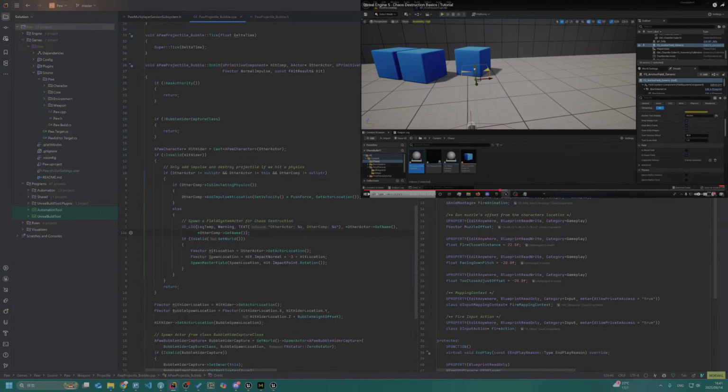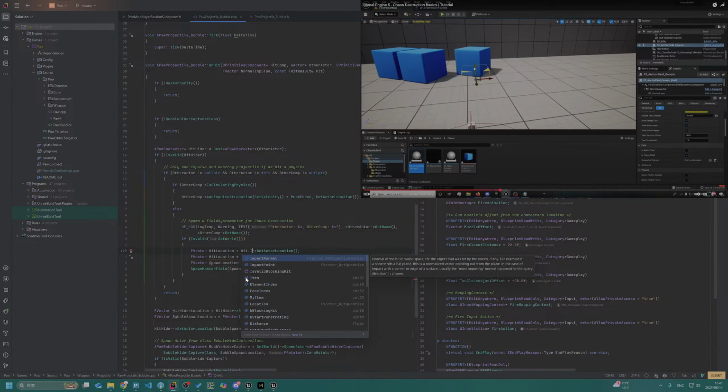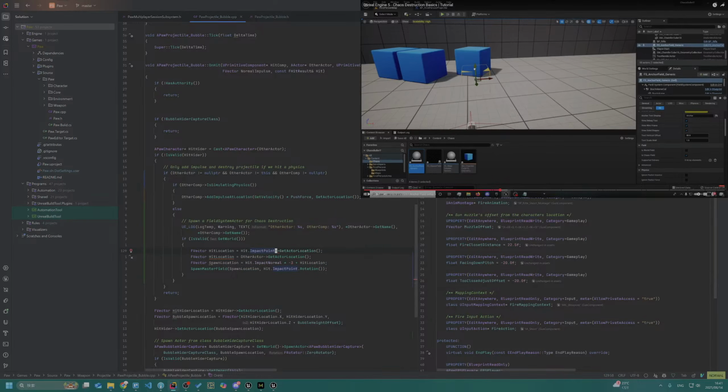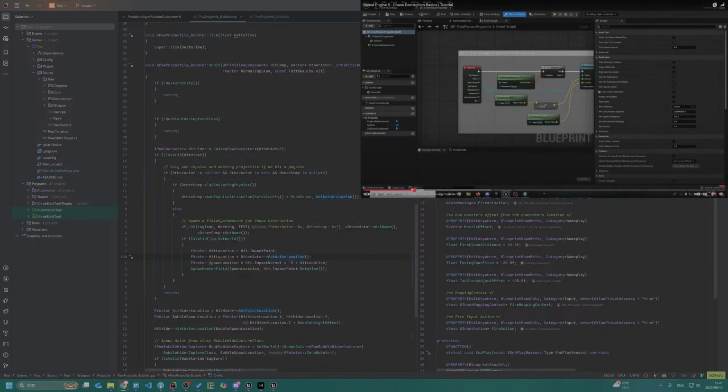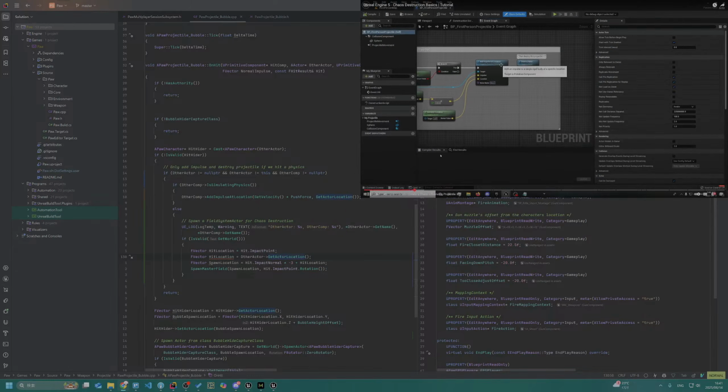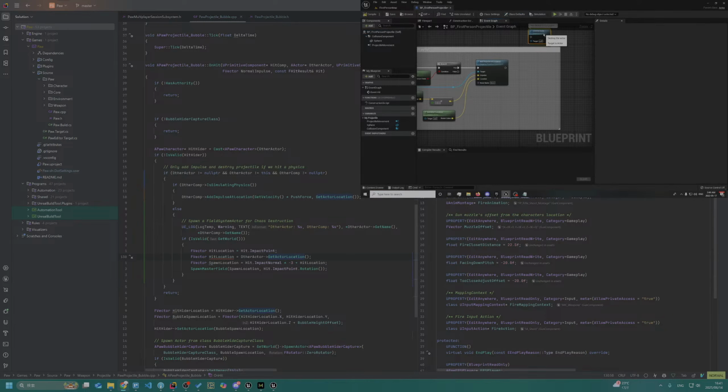Log order enter, and also should I use this or, I think, impact point, right? And the way we're going to do this is I'm going to first disconnect this and just move it up for a moment.